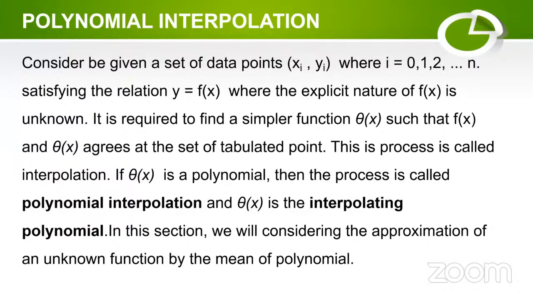This process is called interpolation, and here we assume that our theta of s is a polynomial. That process is what we call polynomial interpolation. And our theta of s is called the interpolating polynomial. In this section, we'll be considering the approximation of any unknown function by means of a polynomial. So what that means is sometimes our f of s is not explicitly stated, so we try to find another function, let's say theta of